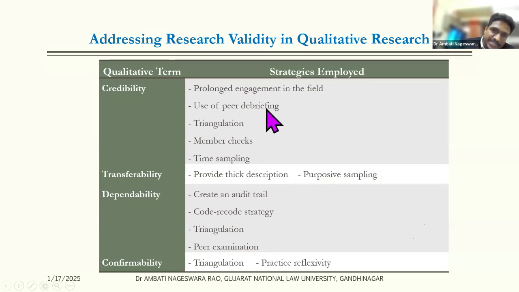There is nothing wrong in discussing your findings with your peer group members, as you are going to interact with experts in various conferences as a part of your network. In addition to your supervisor, I'm not saying that you have to share your data with them, but you can discuss, you can present your findings briefly in various conferences.